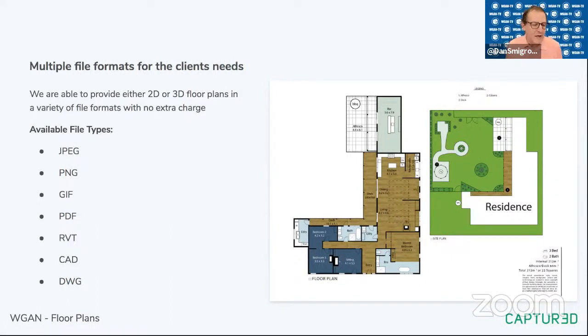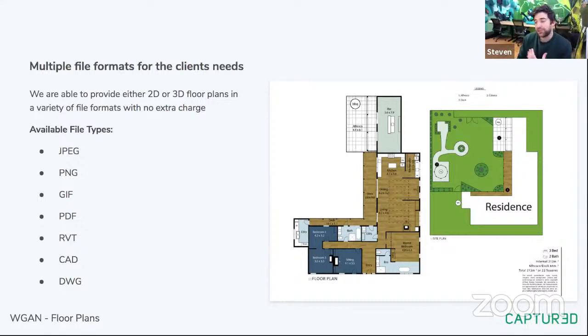On the RVT, the CAD, the DWG, are these three-dimensional floor plans that you're providing, or is it a 2D version within a 3D format? It's a 2D version within a 3D format. But these 3D software tools, once you bring them in as 2D, you can pull the walls up pretty quickly based on the height of your walls going from there.